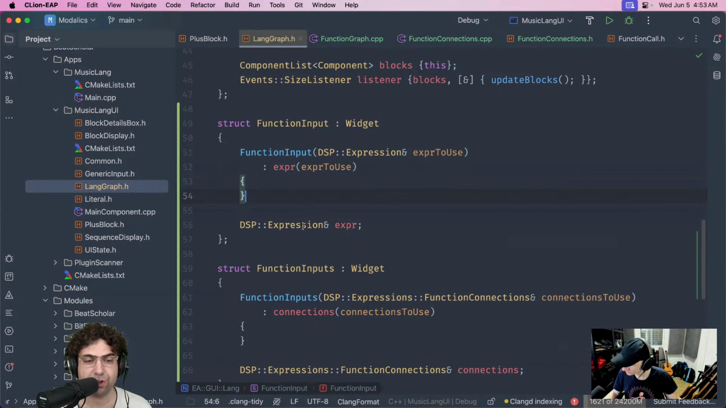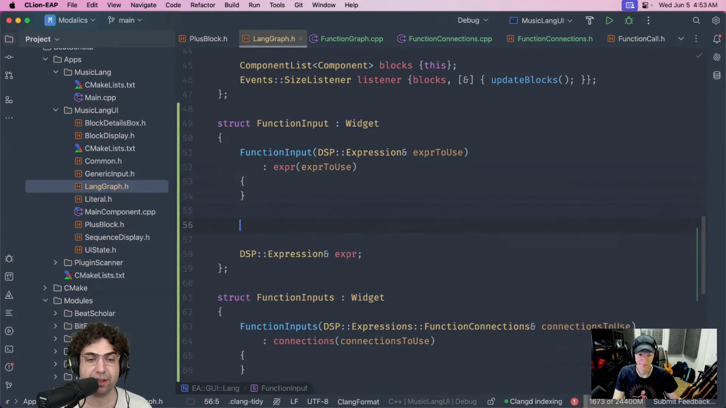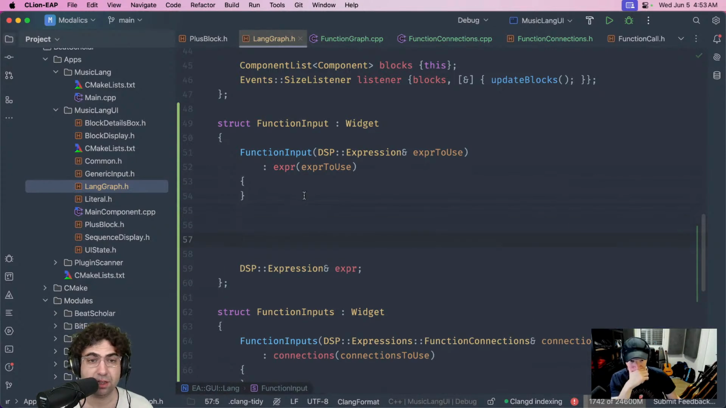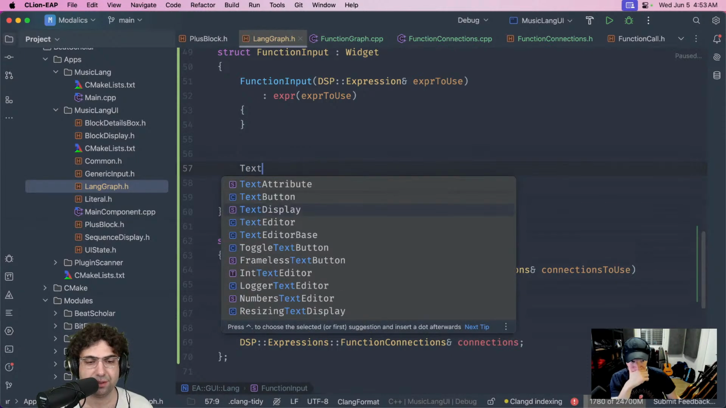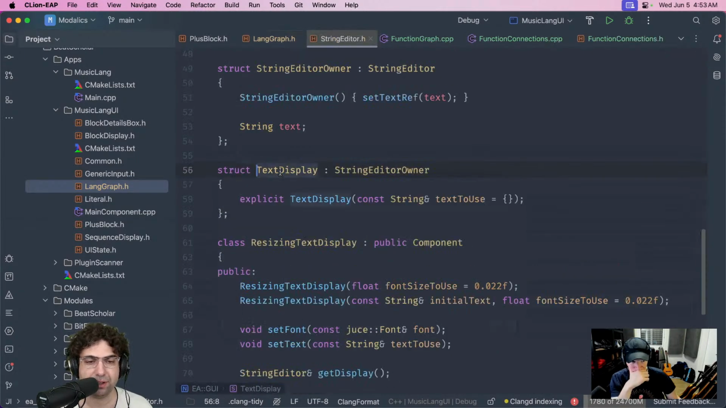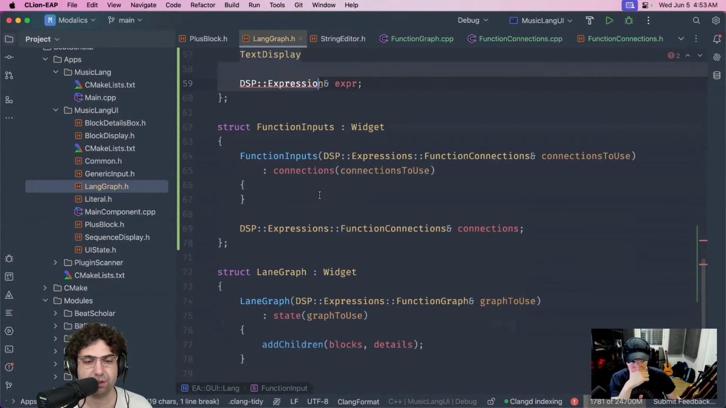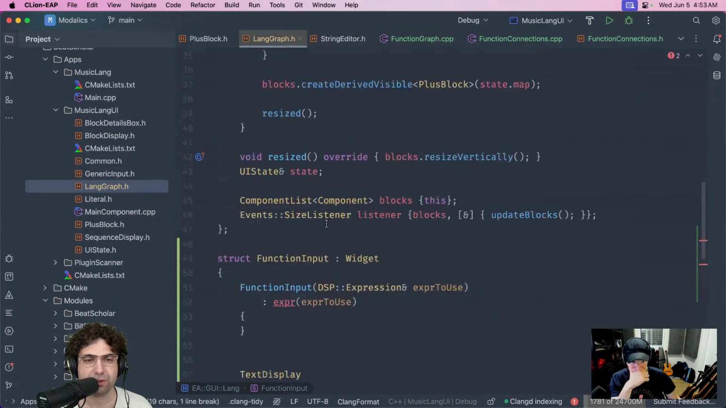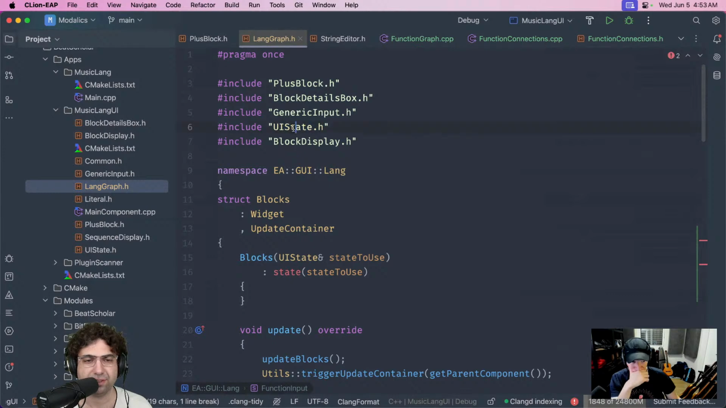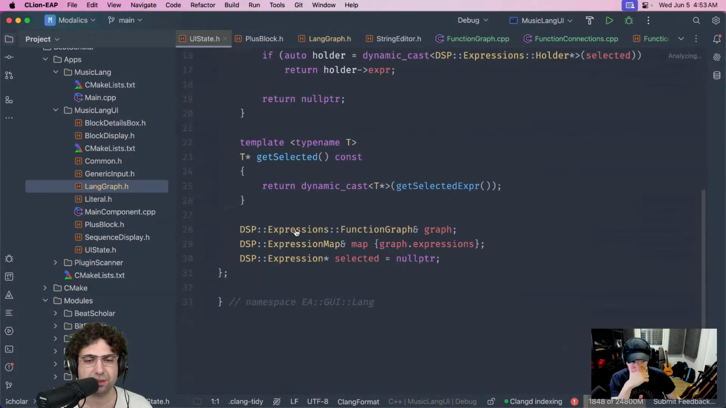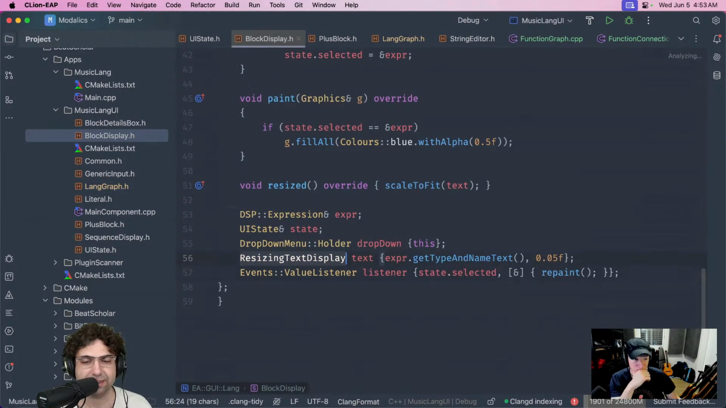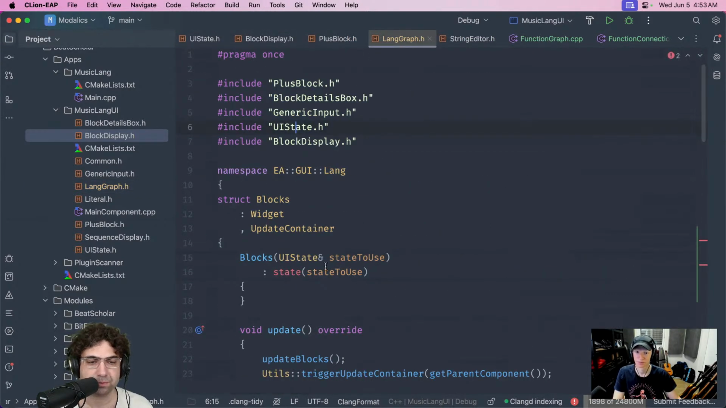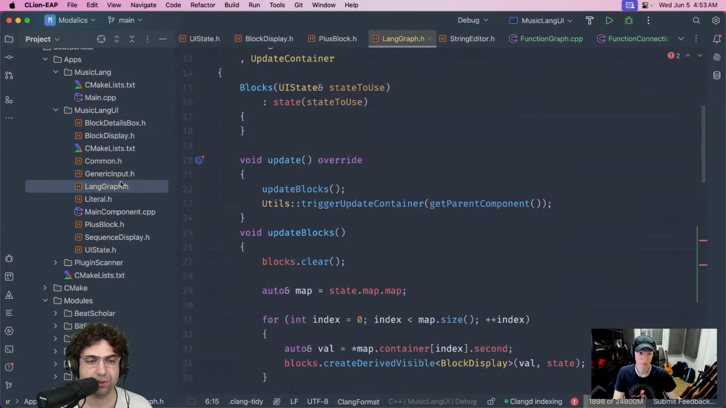So I'm going to initialize this, and the DSP expression can first of all tell me the name of that expression, which is going to be useful. So I'll have something that will show the text, something like a text display. I think this is what I need. What was I using for text display in other places here? I have something like a resizable text. Let's see what I was doing in the rest of the UI. Resizing text display. So I'm going to take something like